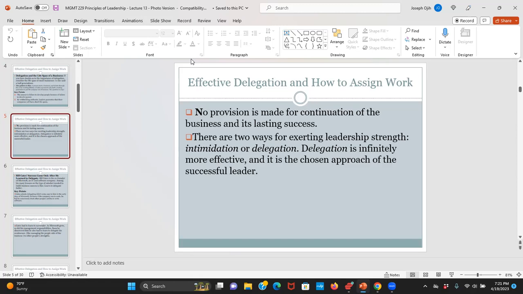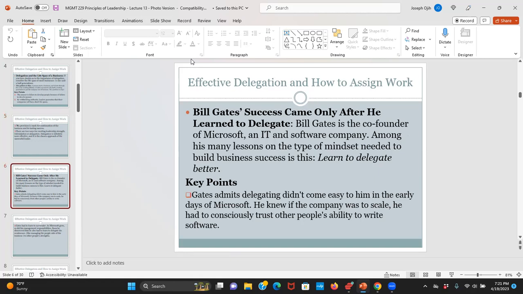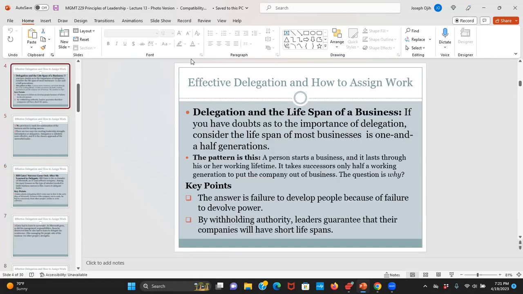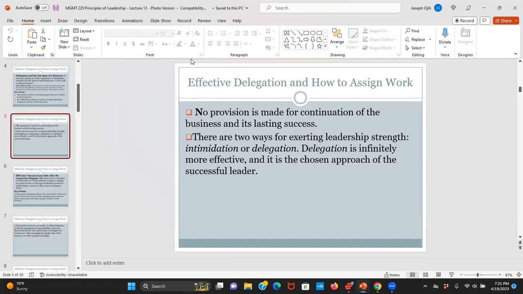Which also leads us to another concept about delegation, which is delegation and the lifespan of business. If you have a doubt, I think I have already explained that. I'll give a real-life example, that of Bill Gates, but we'll be coming to that in a few minutes. But here is one line: